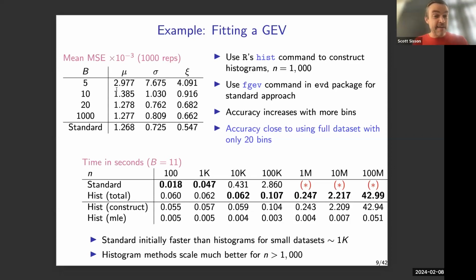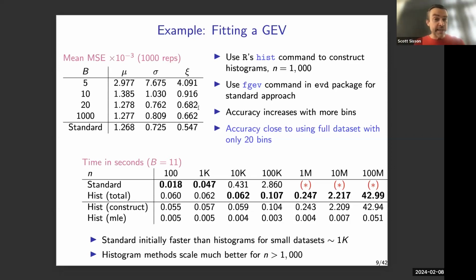As you can see, if we have 5 bins, then the mean square errors are quite large compared to what we would get with a standard analysis. So that seems quite poor. But as we increase the number of bins, 10, 20, up to 1,000, you can see these mean square errors are converging to what we would get with a standard analysis. And of course, what I've not talked about is that mathematically, in the limit as the number of bins goes to infinity, we actually do recover the standard analysis. So in terms of accuracy, there's an optimum number of bins that we can choose where accuracy is good enough for our purposes. Here it might be 10 bins or it might be 20 bins. I'll probably call it on 20 there.